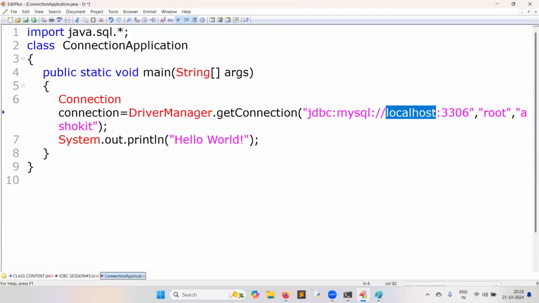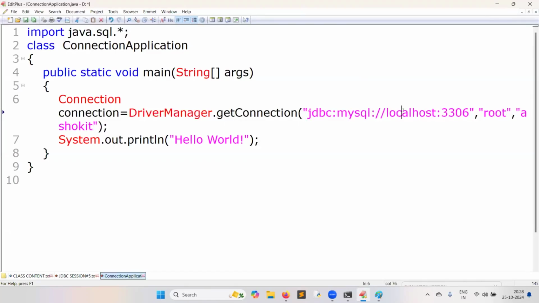Okay. So JDBC is the main protocol. MySQL is the sub protocol. Protocol is nothing but a set of communication rules. For client and server communication's sake, a set of rules are developed, known as protocol. In this database server address, JDBC is the main protocol and MySQL is the sub protocol.